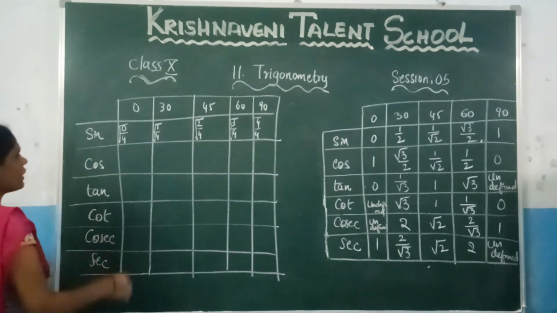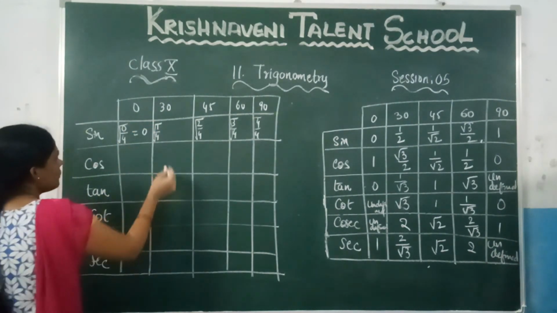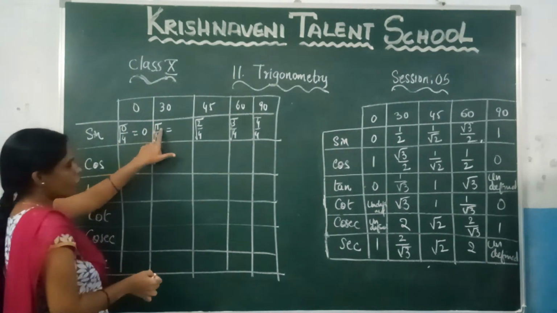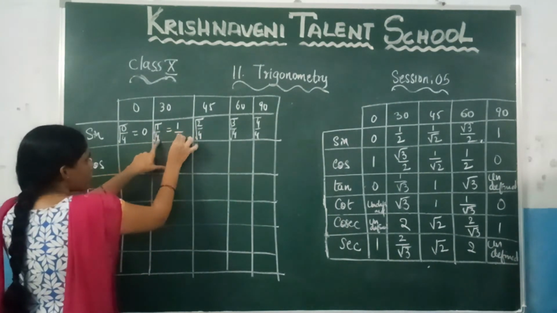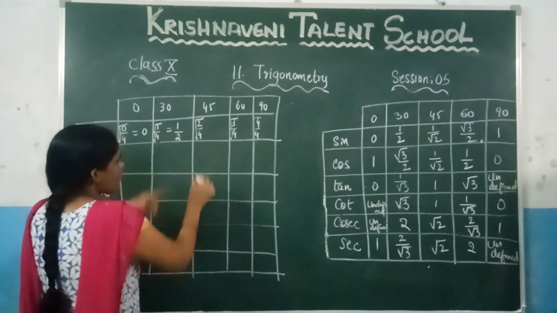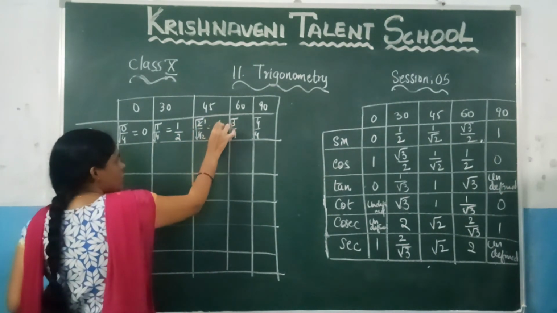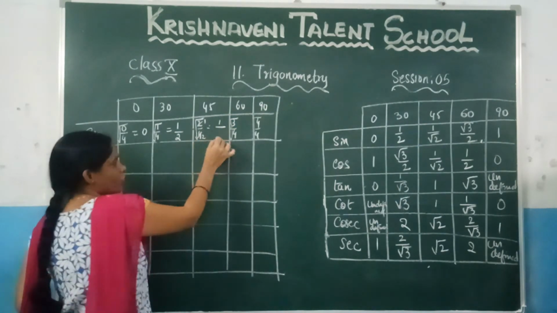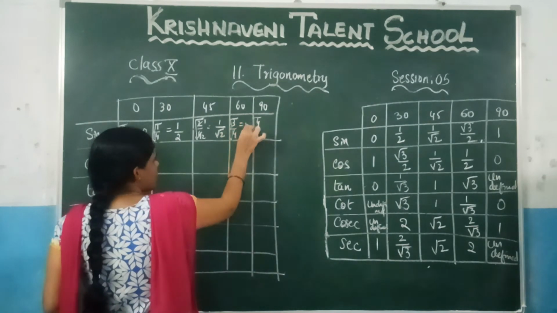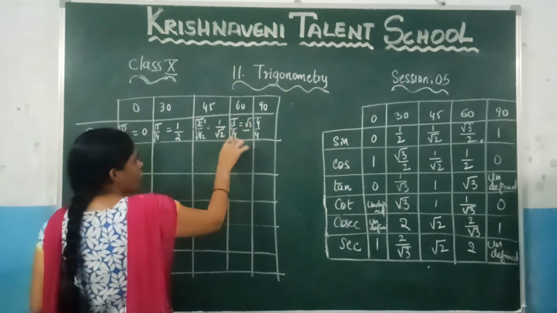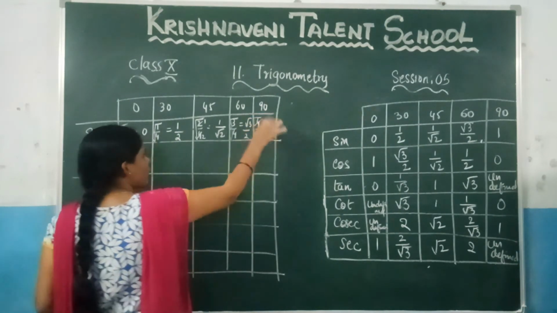So let us find it here. What is the value of 0 by 4? Which is nothing but 0. And what is the value of root 1? Which is 1. And what is the value of root 4? Which is 2. And here you can observe that the 2 and 2 will get cancelled, root 1, which is 1. And what is the value of root 2? Which is nothing but root 2. Again, root 3. This is root 3. And what is the value of root 4? Which is 2. Here the 4 will get cancelled and you will be left with 1.